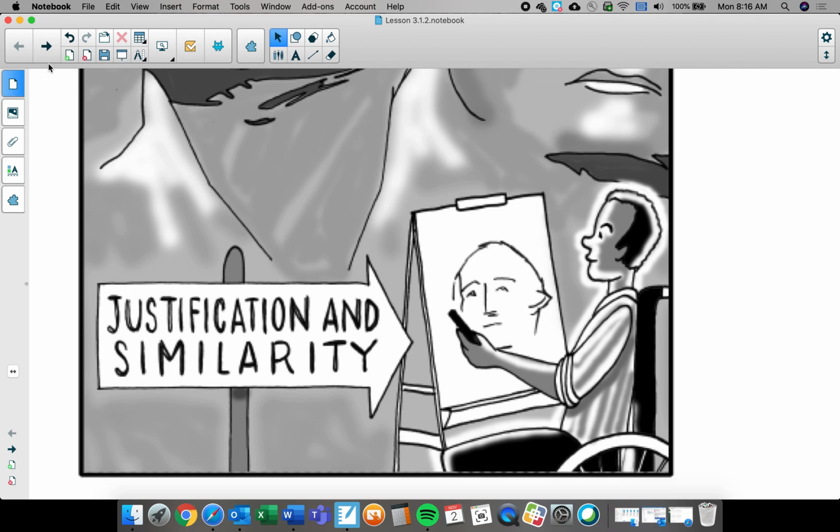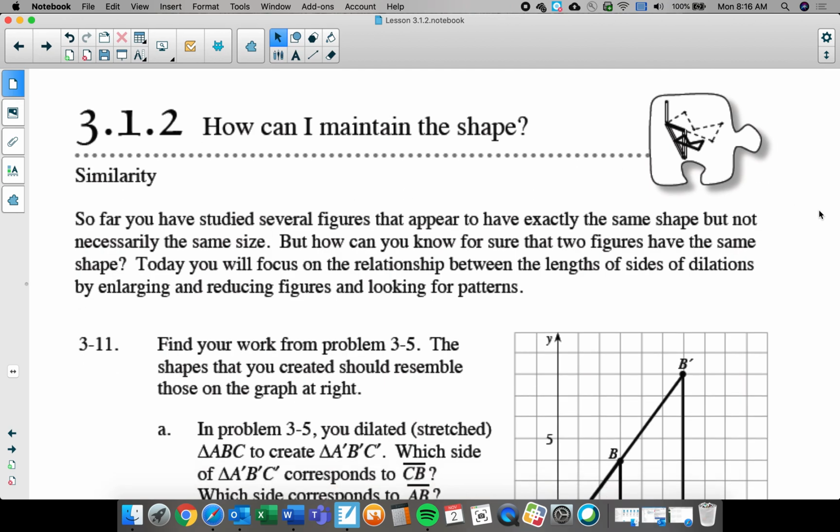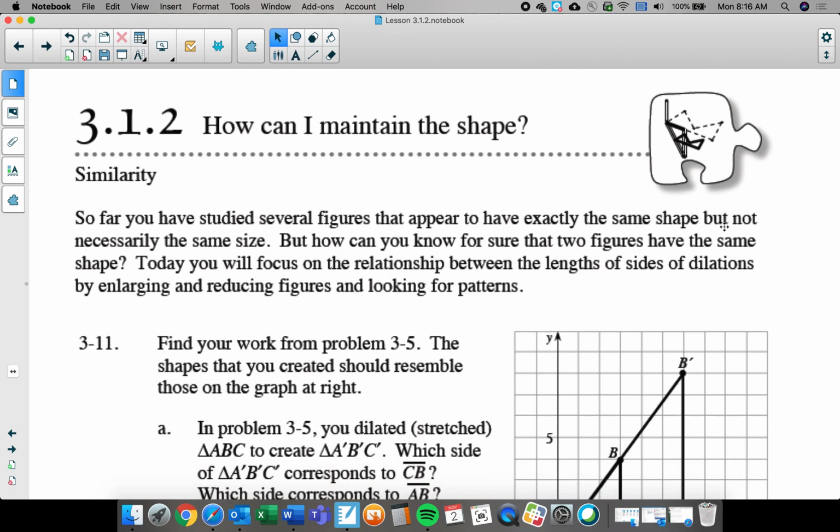We are skipping Lesson 3.1.1 and we're going to go straight into Lesson 3.1.2. Which, if you notice, how can I maintain the shape? We're going to talk specifically about what similarity is and kind of the properties of it. So far, you've studied several figures that appear to have exactly the same shape, but not necessarily the same size. But how can you know for sure that two figures have the same shape? Today, we're going to focus on the relationship between the lengths of sides of dilations by enlarging and reducing figures